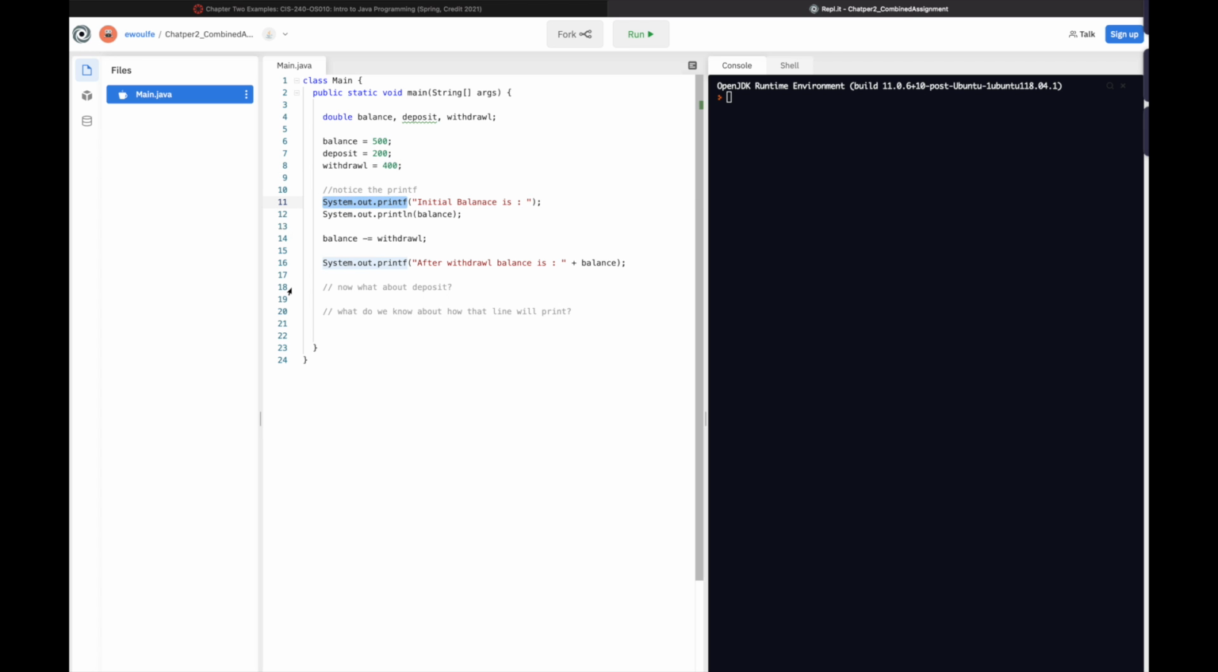Here is where you can see our printf, our formatted printing. Here, initial balance is, and we're going to output the balance. So let's go ahead and run this and see what we see. There we go. Our initial balance is 500, and you'll notice there is the decimal place there. Now, is this what we would expect to see with a dollar amount? No, this isn't what we would expect to see, right? We would expect to see